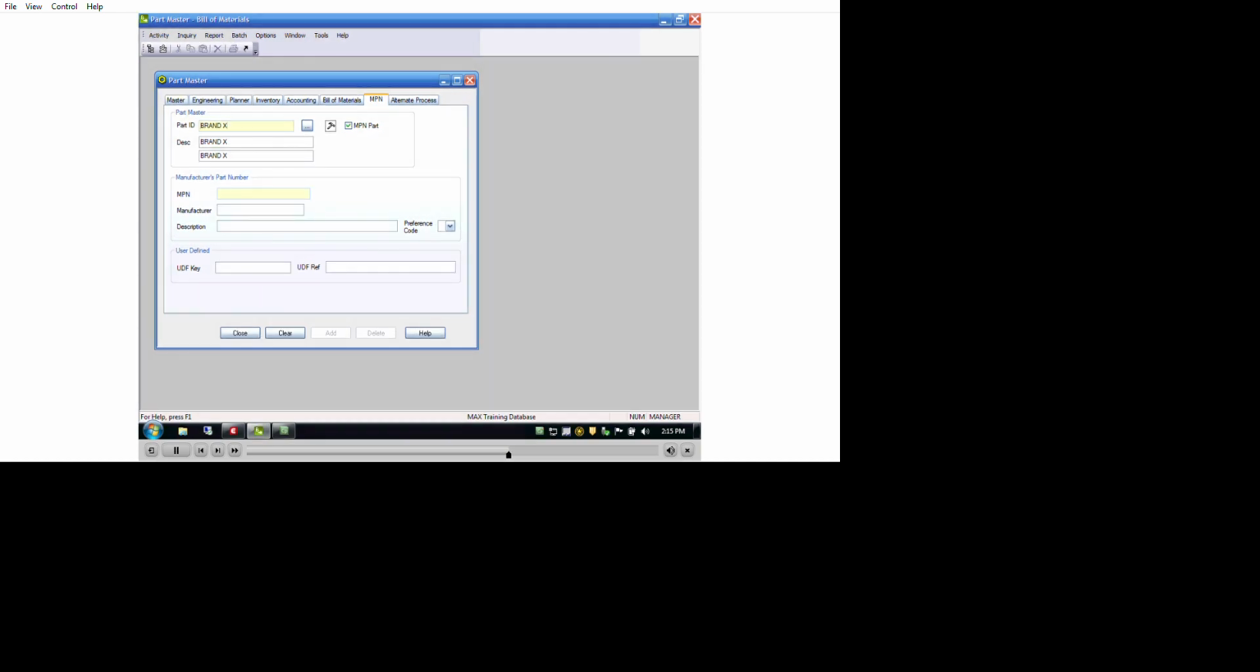Make sure that you select the checkbox there to put it under control, and you'll see as soon as you click the checkbox, that'll activate the area underneath the part identifier. So you can have multiple manufacturer's part numbers per part ID. Okay, let's look at the visual bill of materials. Click on the icon or select it from the activity menu,